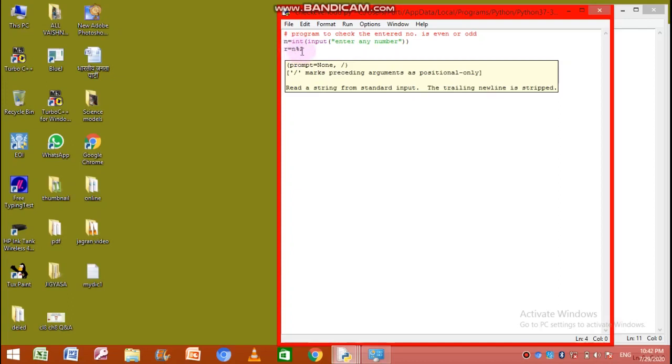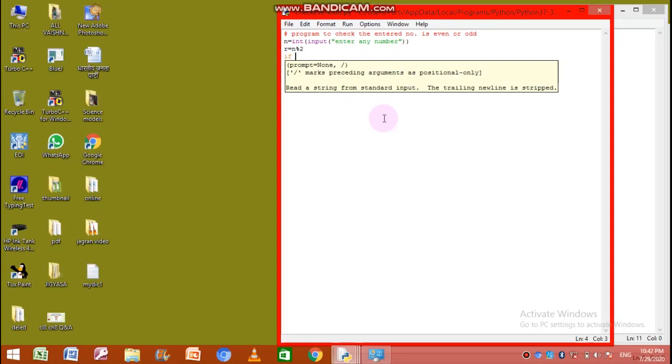So this statement will divide the value of n by 2. You know well, it is a modulus operator. It is also used for the division purpose, but the result given by this operator is the remainder. So n will be divided by 2, and whatever remainder is left after the division will be stored into r. Now we have to check whether r is 0 or not. So we can check it by using the if statement.